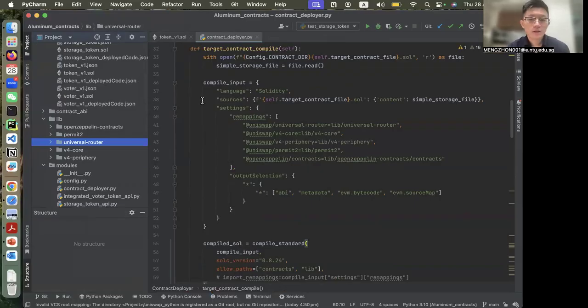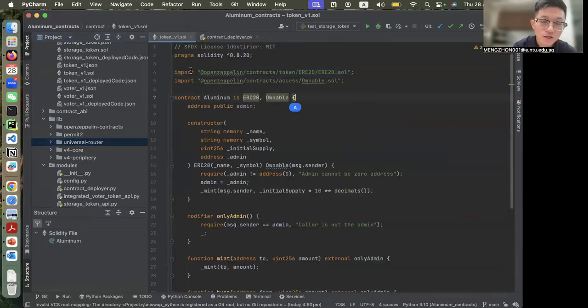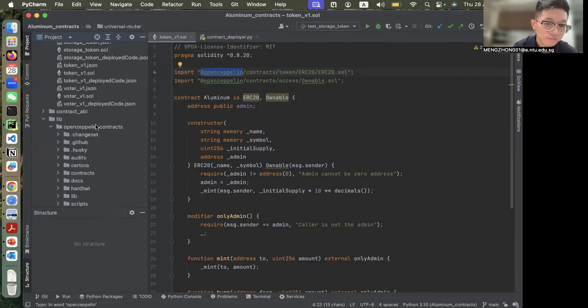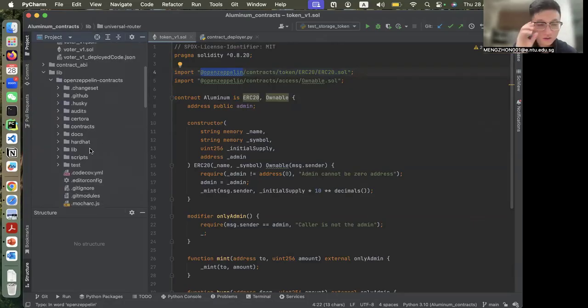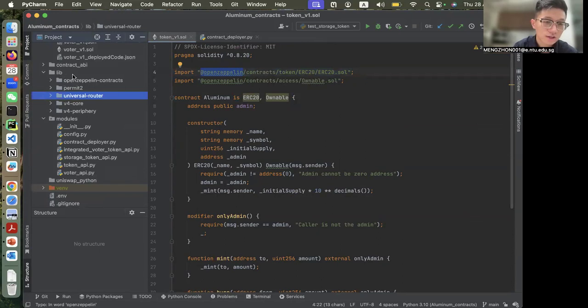Here in the smart contract, we are importing the library under the OpenZeppelin, right? So I just put all the OpenZeppelin smart contracts existing on the internet in the directory lib. And on the OpenZeppelin